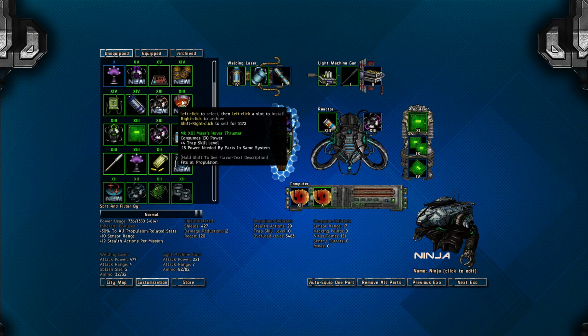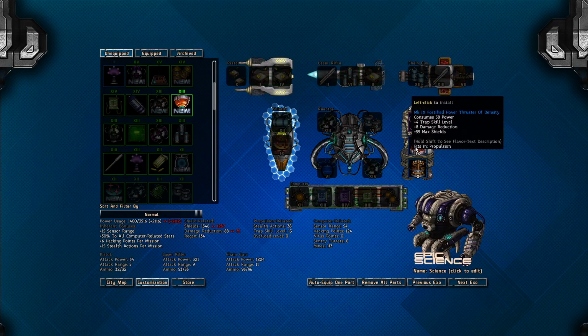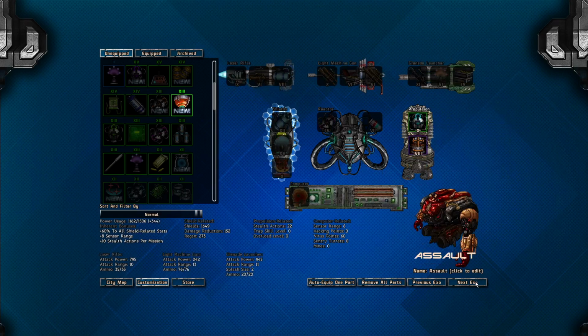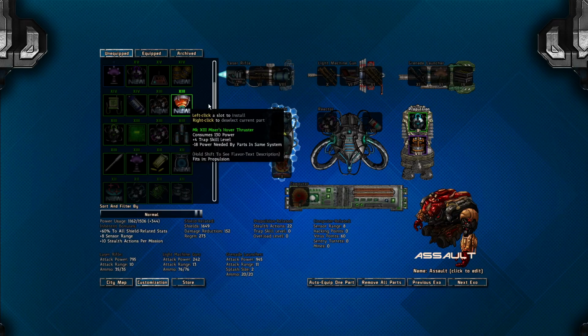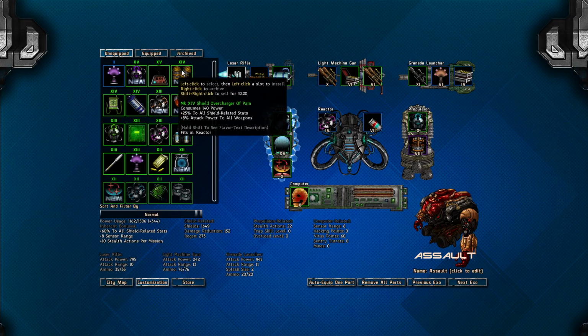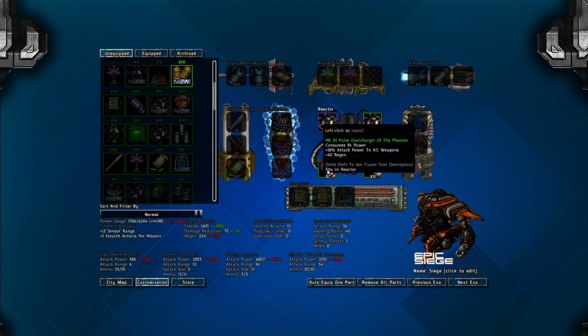Let's see. Hover thruster, trap skill, power needed. I doubt this is going to be... I don't really care about more trap skill unless I want to give it to someone else. But... no. And then we've got this overcharger. Shield related stats. Fits in reactor. That's going to be a hard sell. Attack powered all weapons. Oh, you know what? It's a better item than I thought. Although, the fact that it's in a reactor slot is again...